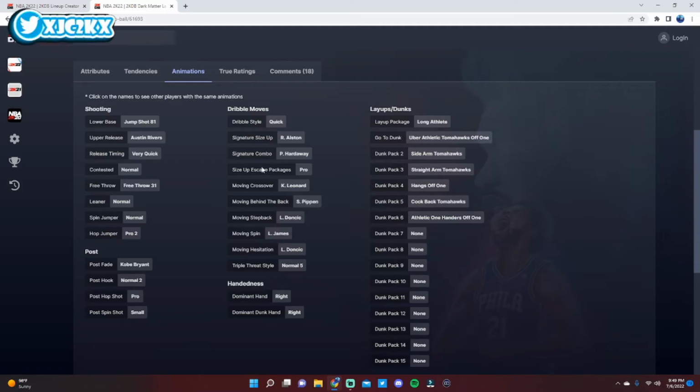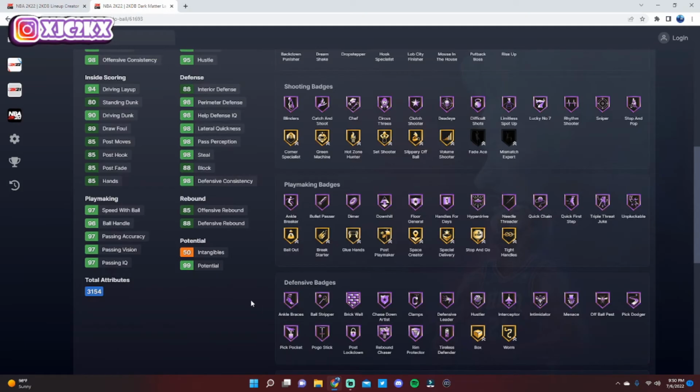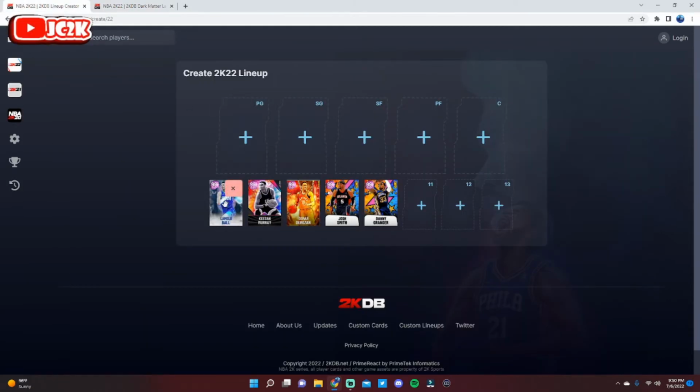pippin behind the back. Similarly to Danny Granger, he doesn't have an elite size-up and doesn't have an elite size-up escape. Those are really his only two flaws, though. If he had a better size-up escape, he'd be an absolutely incredible PG option. And honestly, I still think he's an incredible PG option, especially because of his completeness on the defensive badges. I think that really elevates this card at the PG position, especially with his size, and puts him at number